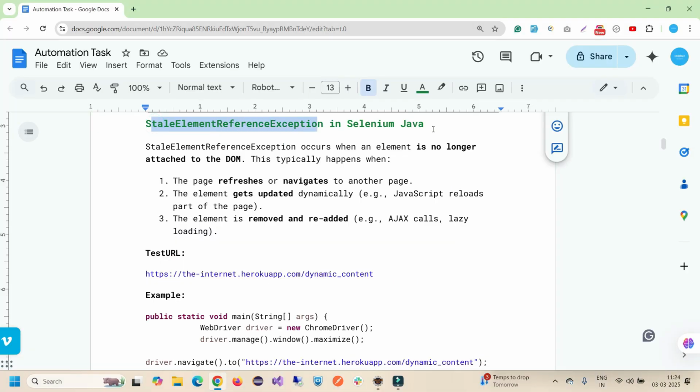StaleElementReferenceException in Selenium Java, and this is the most important interview question while you are attending an interview for Selenium automation or automation testing. From the topic of exceptions, this is the most important one, and they must ask this question. So let's discuss when we get this exception and how we can handle it in Selenium with Java. As the definition says,